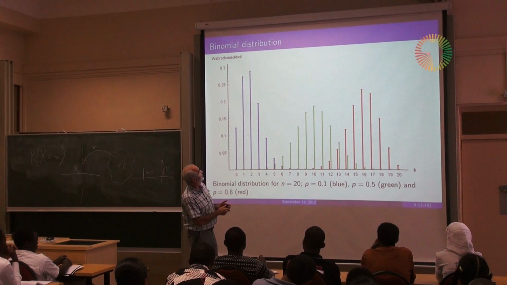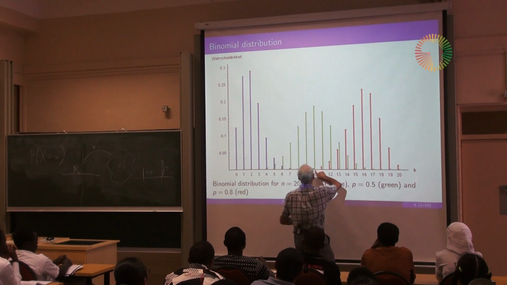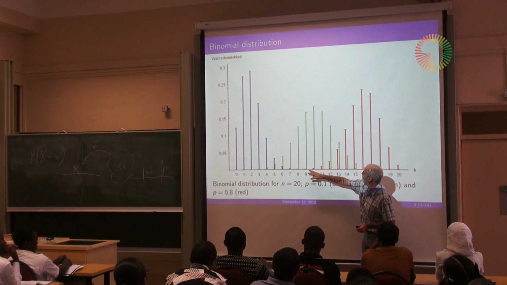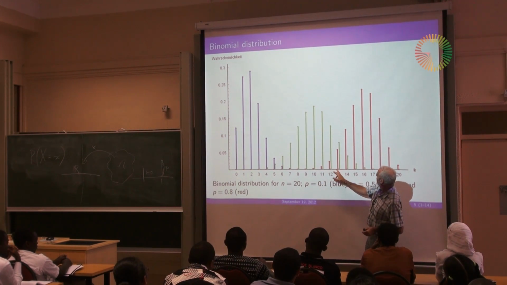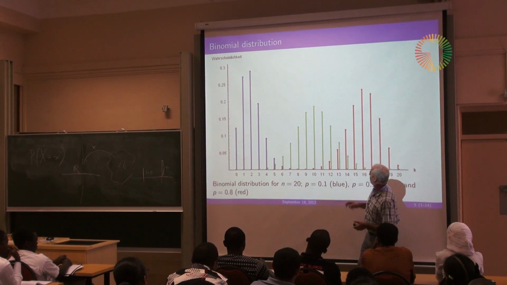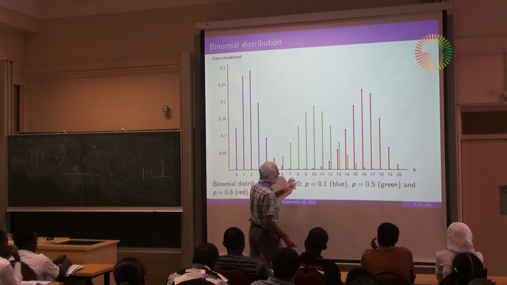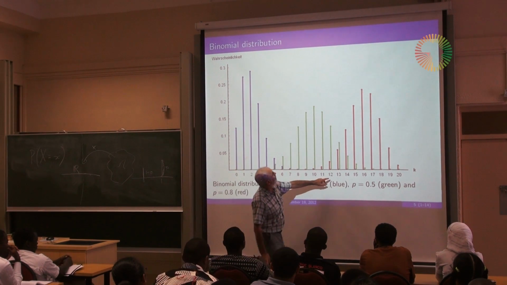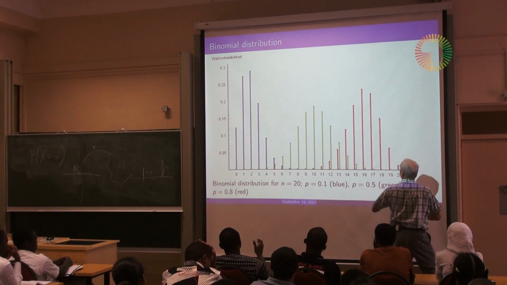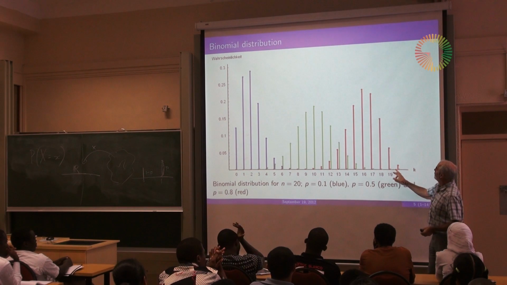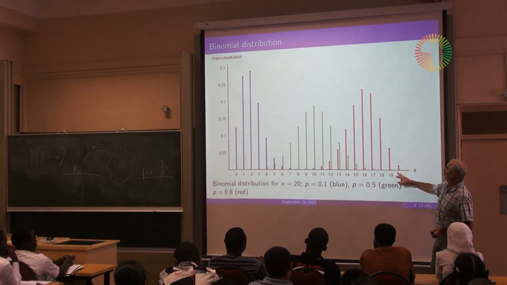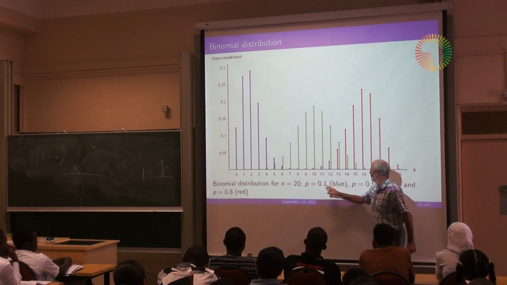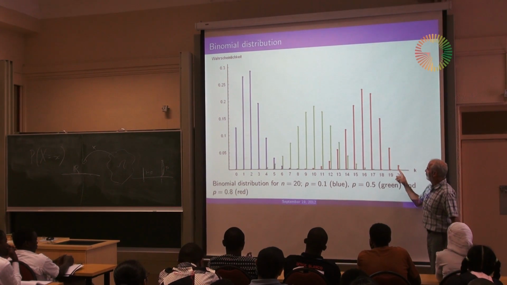This is the distribution we'd expect. The most likely one is 10 successes, 10 heads. 8 and 9 and 11 are almost equally likely. It goes right down: 15, 16, 17. And if we've got an 80% chance of success, the most likely is 16, that's the expectation as well. We could even get 20. 20 is almost impossible with this. It's possible with flipping a coin, but not very likely.